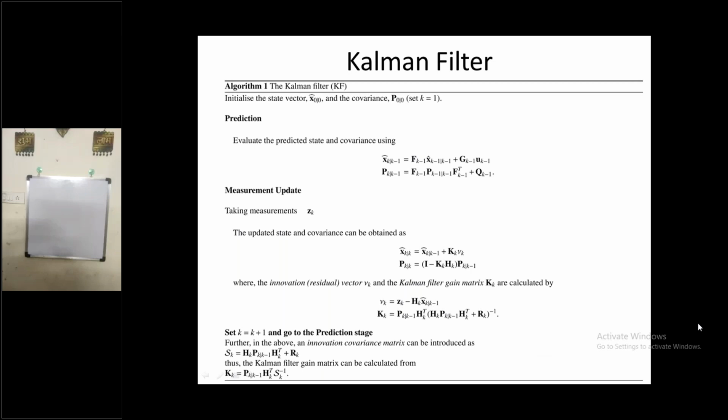Why was this Kalman filter proposed? It was proposed in the 1960s. The problem was with the Wiener filter. Long time back, NASA was using the Wiener filter because it is a frequency domain approach, and it was very difficult to apply or implement for non-stationary signals. So Kalman proposed a single set of four equations